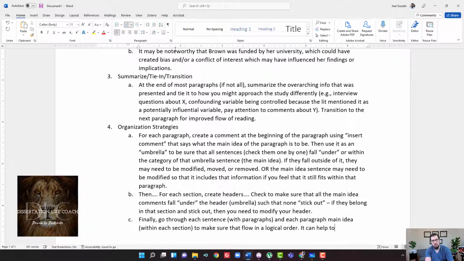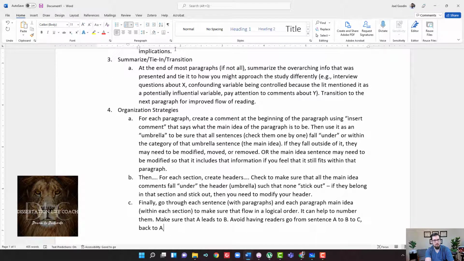It can help to number them and make sure that A leads to B. Avoid having readers go from a sentence A to B to C back to A, then to D or F and then back to E. You don't want to have them go back and forth. You want everything to seem like it falls in a very logical order.